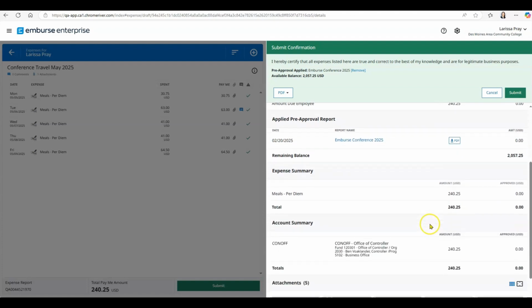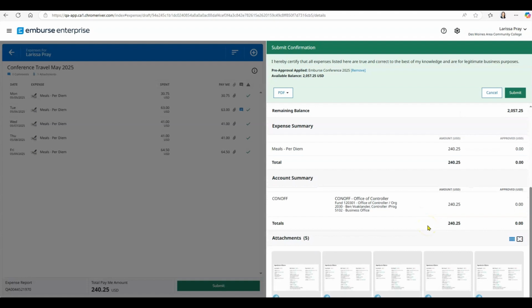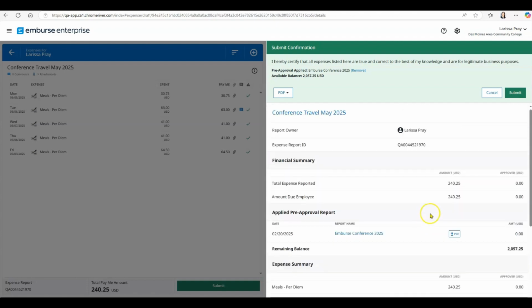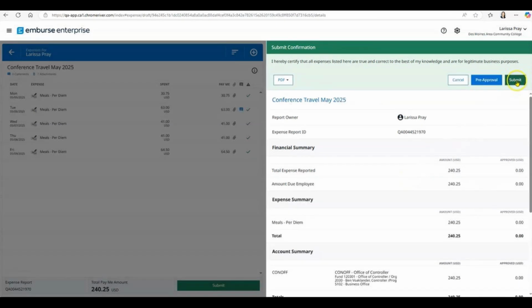You can look through your items one last time if you'd like, and then you would just hit submit. And that would kick it off to your supervisor, and then the org index approver. And if you used a grant index, it would also go to grants, and then it would come to us